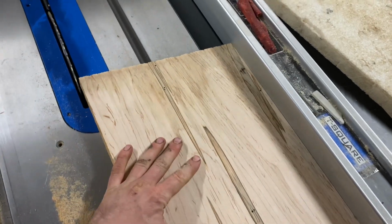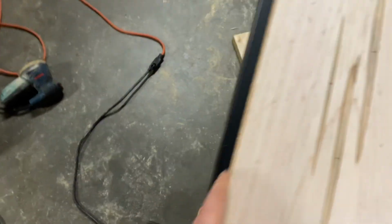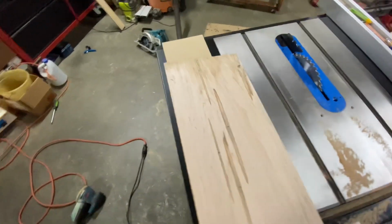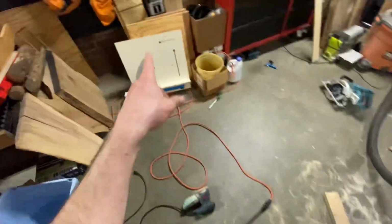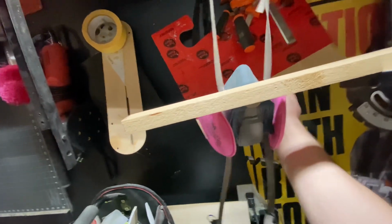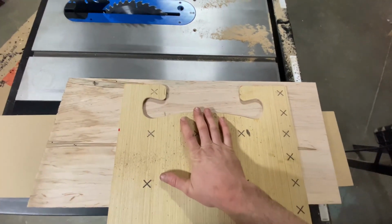So it's pretty good to me. Just gonna get this edge square to this, and then I'm gonna put my jig up there and figure out how I want to cut it. Because what I need is a straight edge so I can crosscut it on my sled here. And then my jig is right here, so I just put double-sided tape on that, put it on here, run it through the router, and then boom,